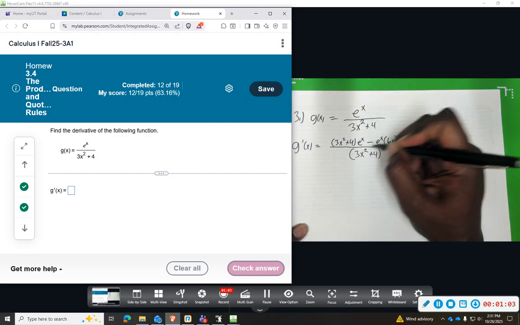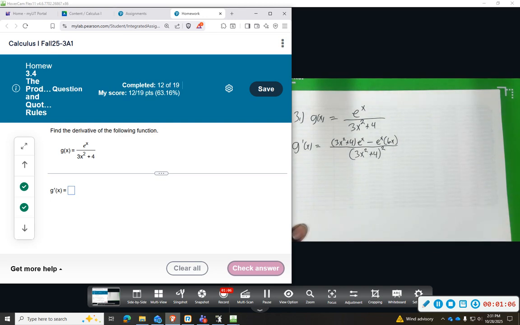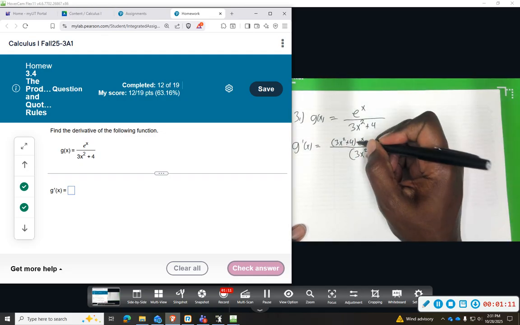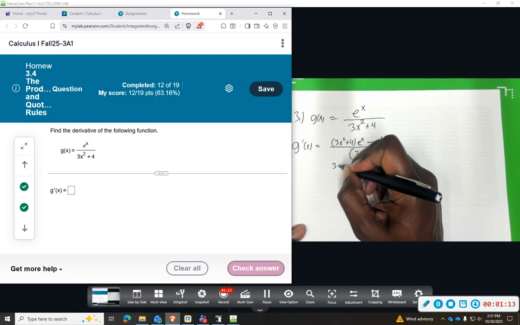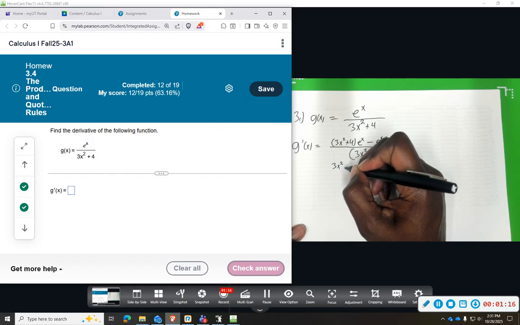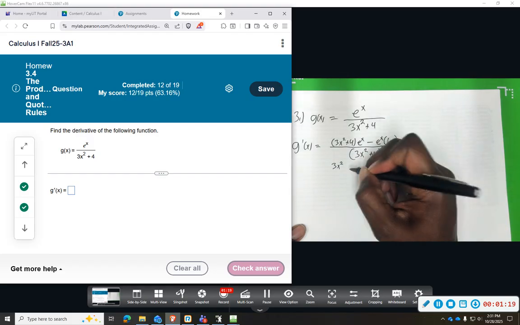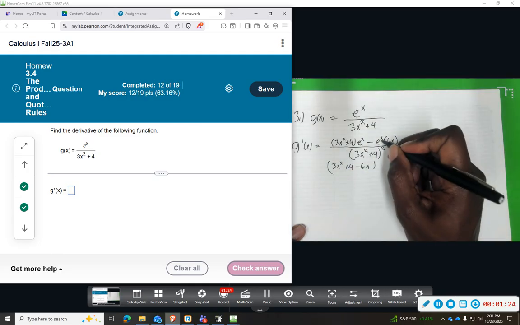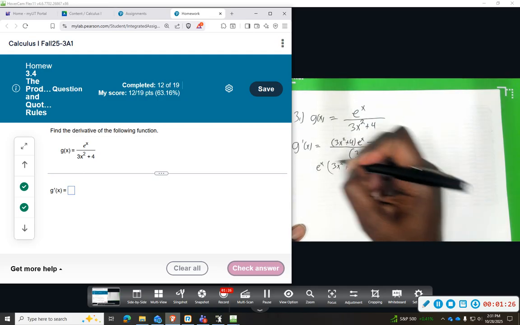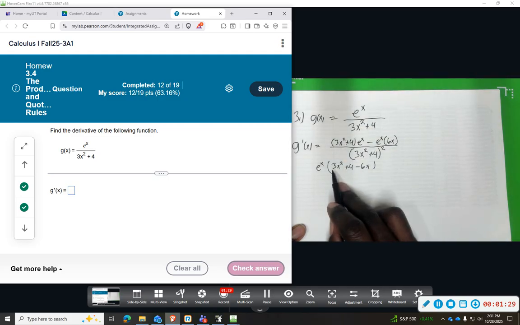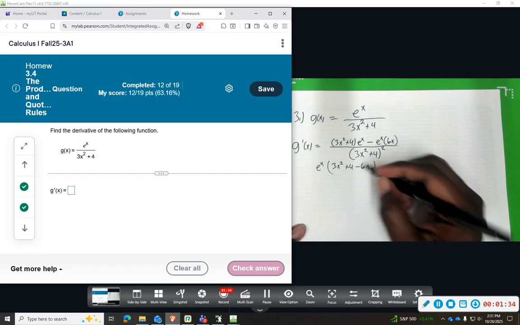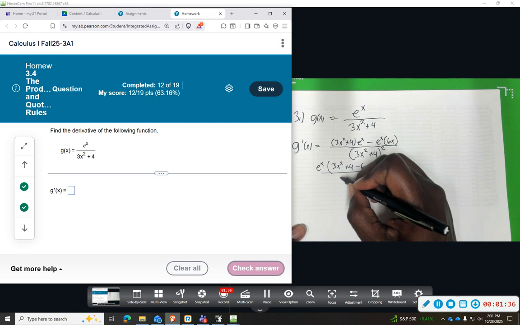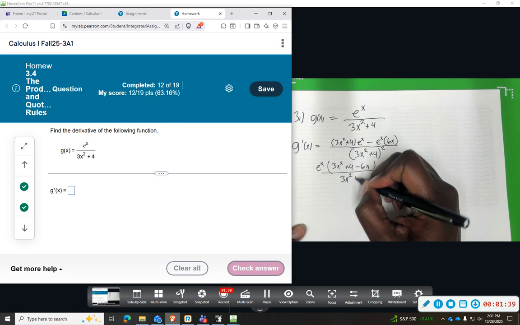And we don't actually have to FOIL this out, we'll just leave it like so. And then if we want to simplify a little bit further, we'll get 3x squared plus 4 minus 6x, and I'm factoring out the e to the x from both so it can combine like terms. There are no like terms, so we'll end up with a quadratic here, times e to the x, and then over 3x squared plus 4